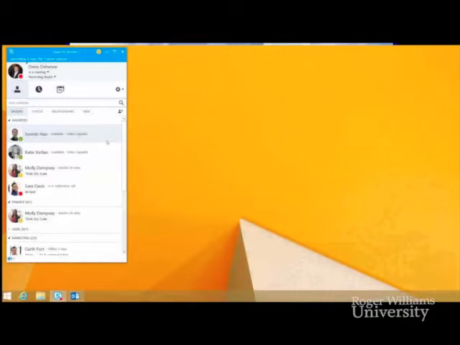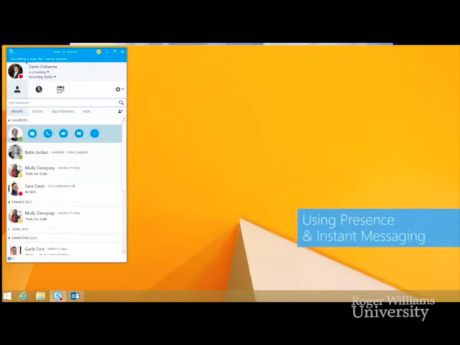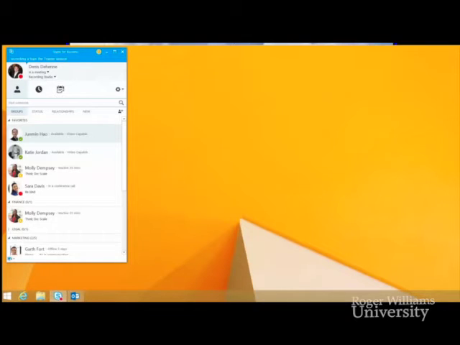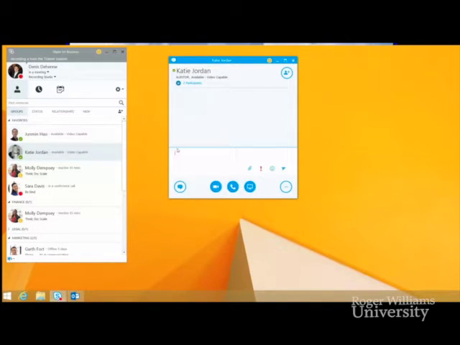One of the great things that you'll see with Skype for Business is that we have actually adopted the Skype user interface. And with the round pictures and the presence indicators to show what the status of a user is, really helpful in increasing your productivity. One of the pieces that I wanted to show you is actually how easy it is to start an IM conversation. So double-clicking on Katie Jordan, I have the ability to say, hi,